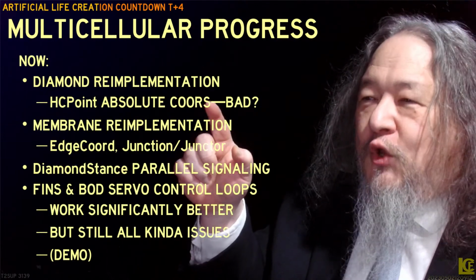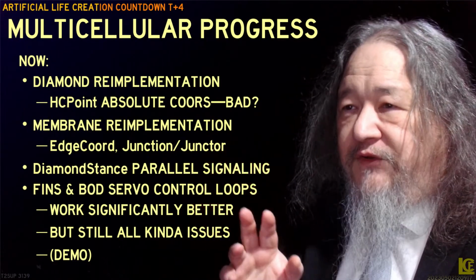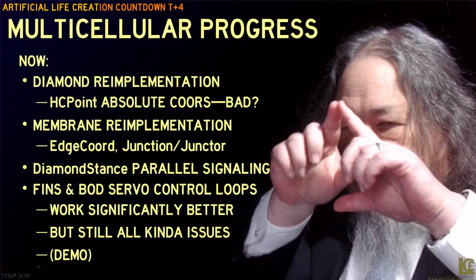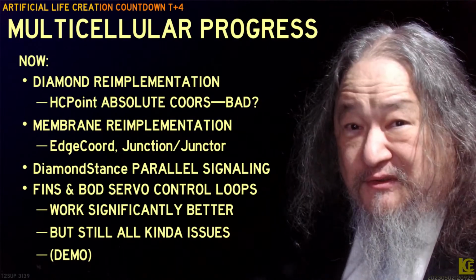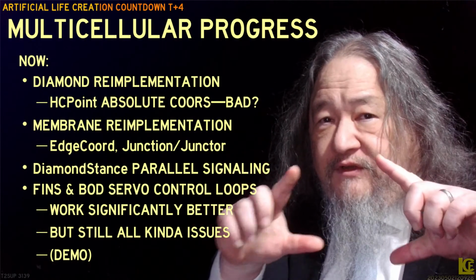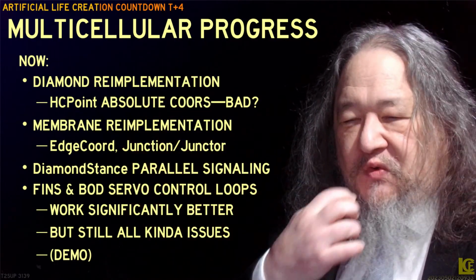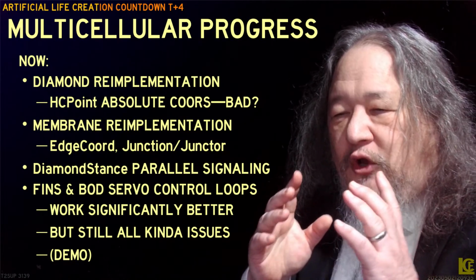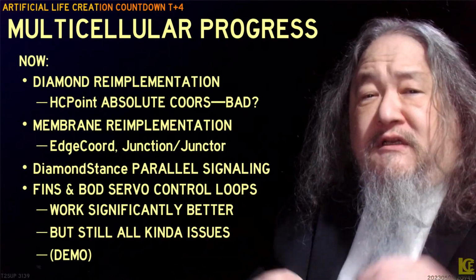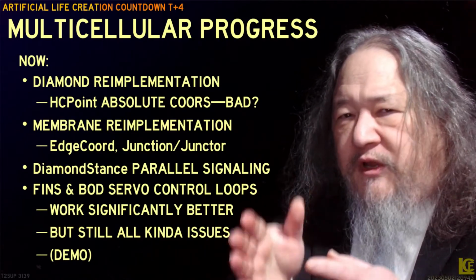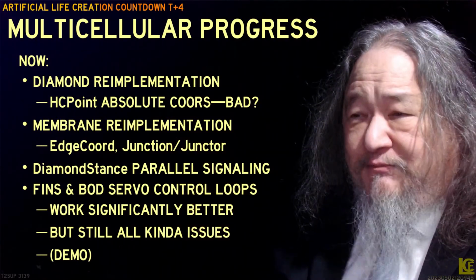And that should be coords, not cores. So I did something I didn't want to do. The diamonds, the HC3 atoms that make up a diamond, now have an actual absolute coordinate relative to the diamond. There's still no absolute anything, but I had been avoiding putting in absolute coords because it felt like going with the old school thinking, where I'll just lay everything out flat and then I'll have all the flexibility I need, as opposed to thinking about what you really need now. Well, I broke down, I made HC point, a hard cell point, and it's an absolute coordinate.